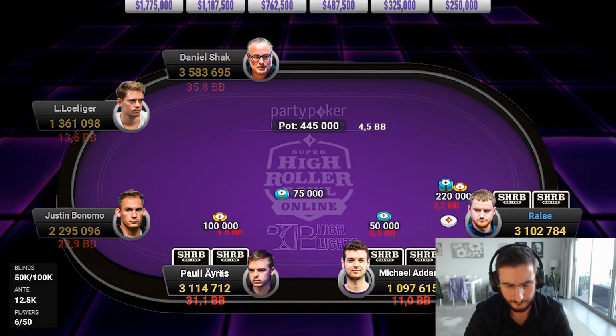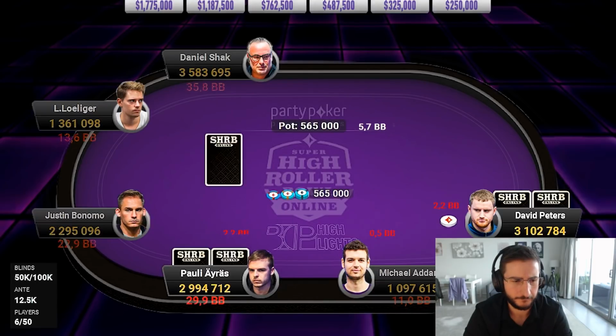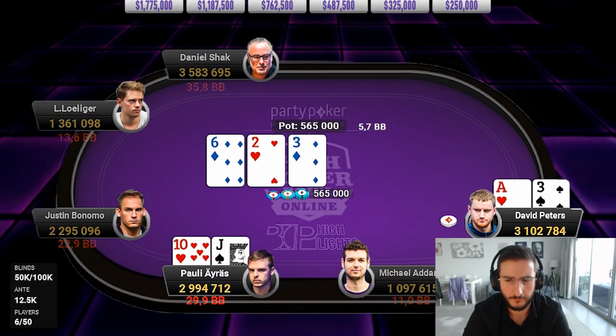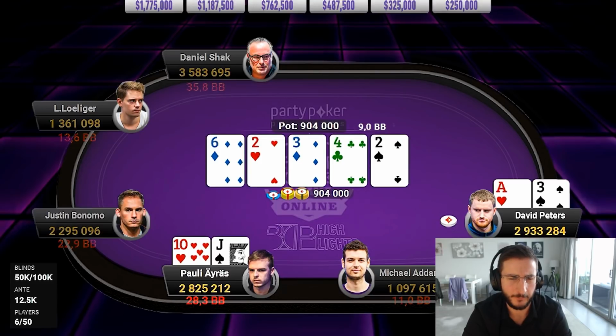This is a pretty aggressive table so far, pretty active. You can see a check back here a bunch as well, I think. Don't love facing a check raise. Actually, even another spot here with the ace-3 is pretty interesting. Maybe it plays better as a flop C-bet, but...